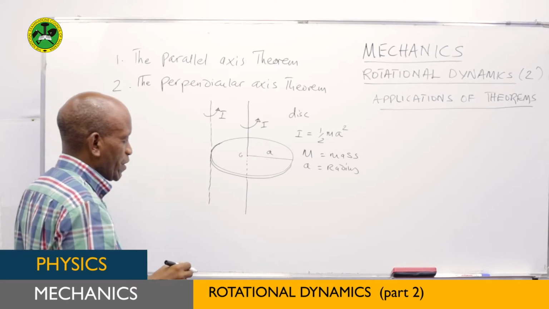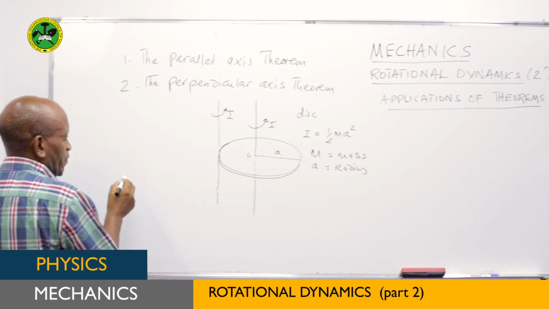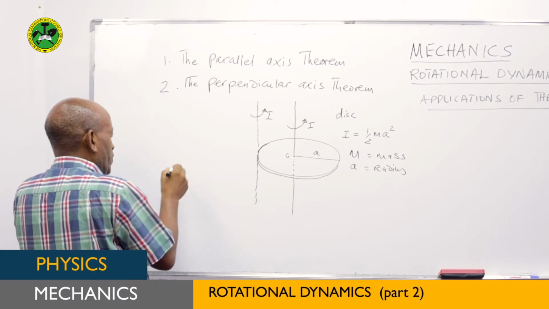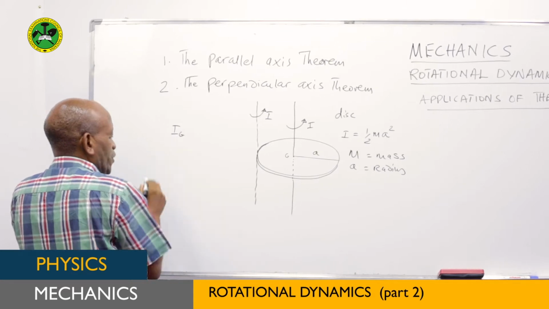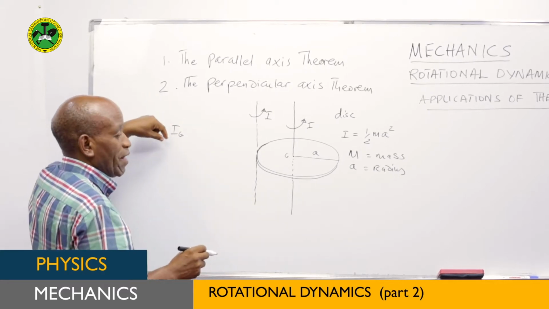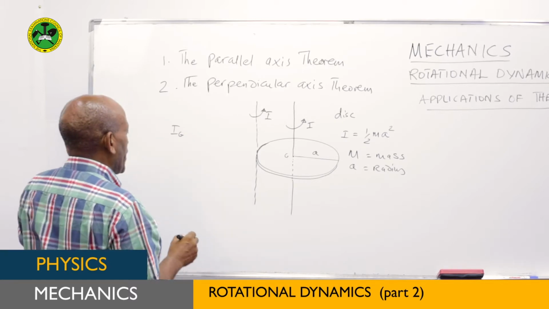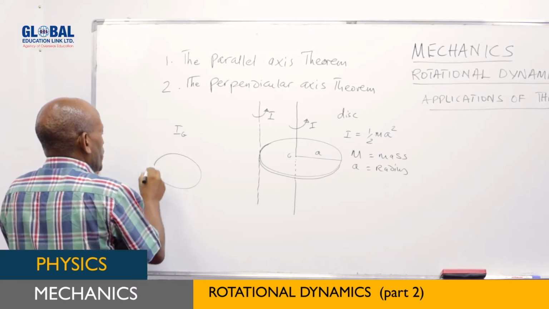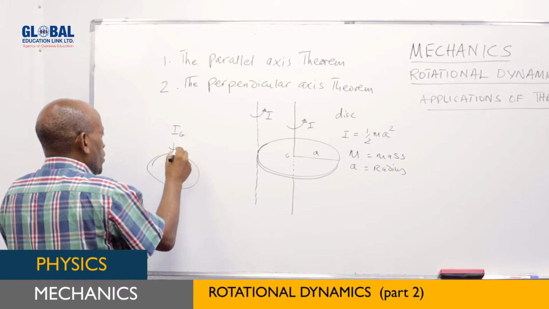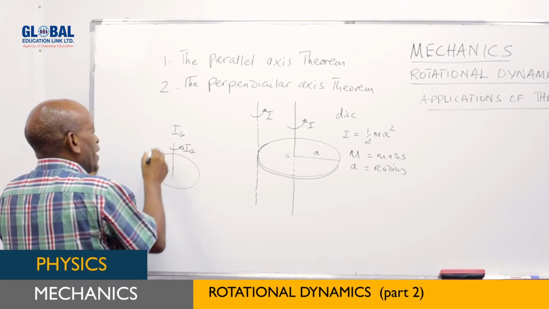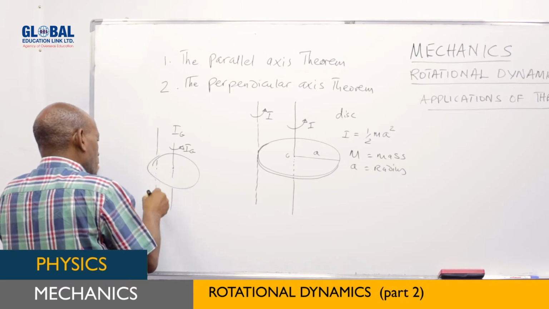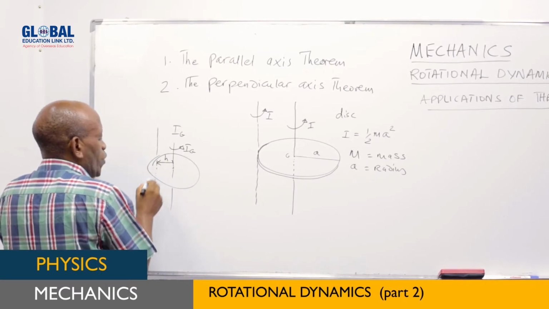The parallel axis theorem says that if you have an axis passing through a body at its center of gravity, and its moment of inertia is equal to Ig, like for a stone or whatever mass, then whenever you have another axis parallel to this one, passing through any other point of that body, with the separation distance between the two axes equal to h,